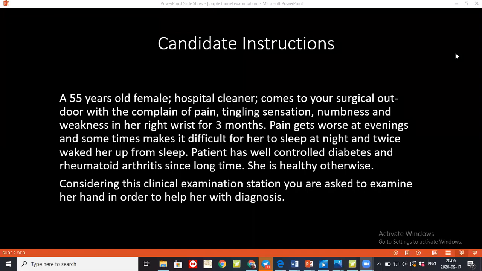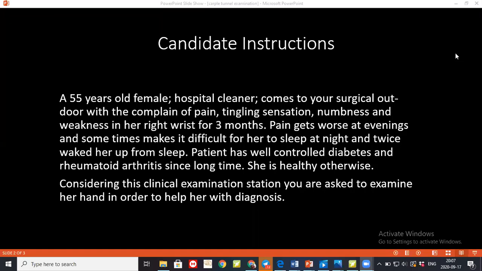After washing your hands and getting to the patient, take permission from the patient to examine the hand. Number one, inspect the dorsum. Inspect for hand posture, asymmetry and abnormality, and look for any scar or skin changes such as erythema, cellulitis or pallor, and look for any deformity